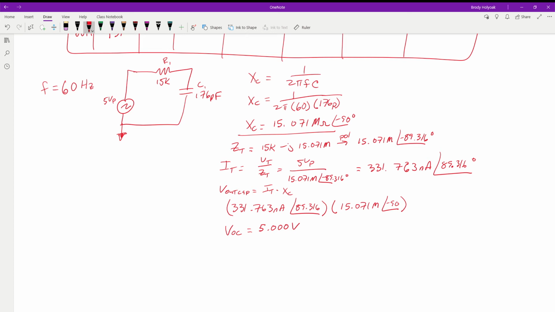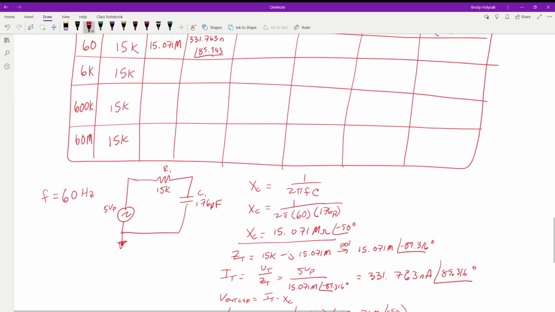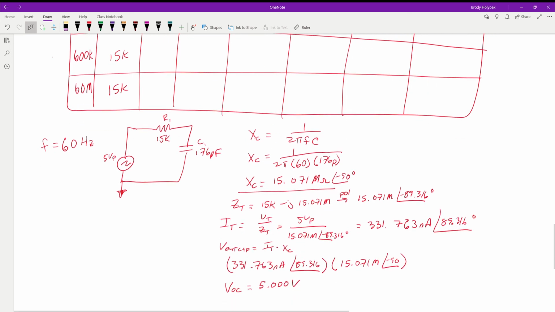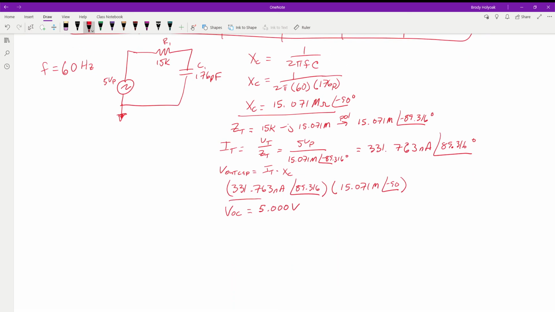Now, for these next little bits, I don't really care what the angle is right now. We can go ahead and find it, but honestly, that's not my focus on these. We need to understand that it's still there and we can calculate it. At least for these circuits, all I'm looking for is just the magnitude of the value. So going forward you'll see I dropped the angles off of them. They're still all applicable, and they will matter when we're solving for the first parts. For this voltage, all we're really caring about right off the bat is what is my peak voltage across each of these components. So the voltage out across my capacitor is 5 volts. So right now we can see we're sitting at 5 volts at 60 hertz.